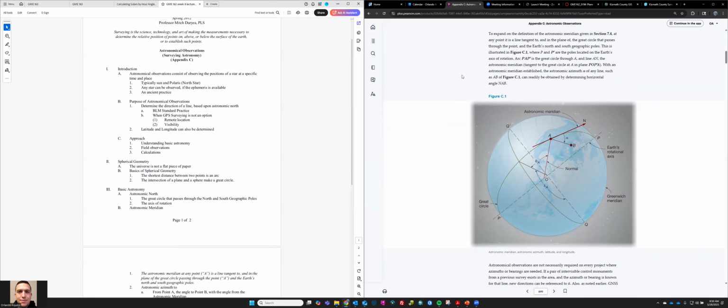All right, so let's expand the definition of astronomic meridian given in section 7.4, that was chapter 7. At any point, it is a line tangent to and in the plane of the great circle. So you have the great circle here passing all the way across the Earth, through the point and the Earth's north and south geographic poles. This is illustrated in figure C.1, where P and